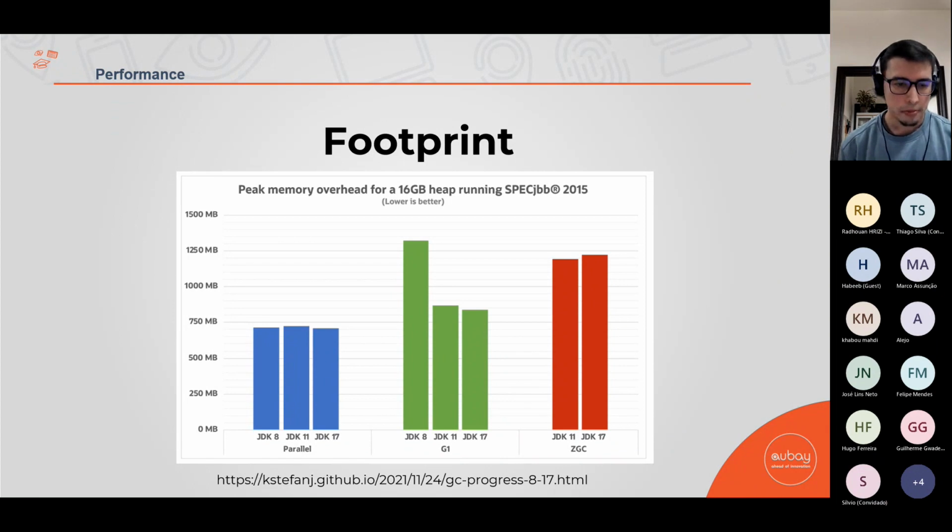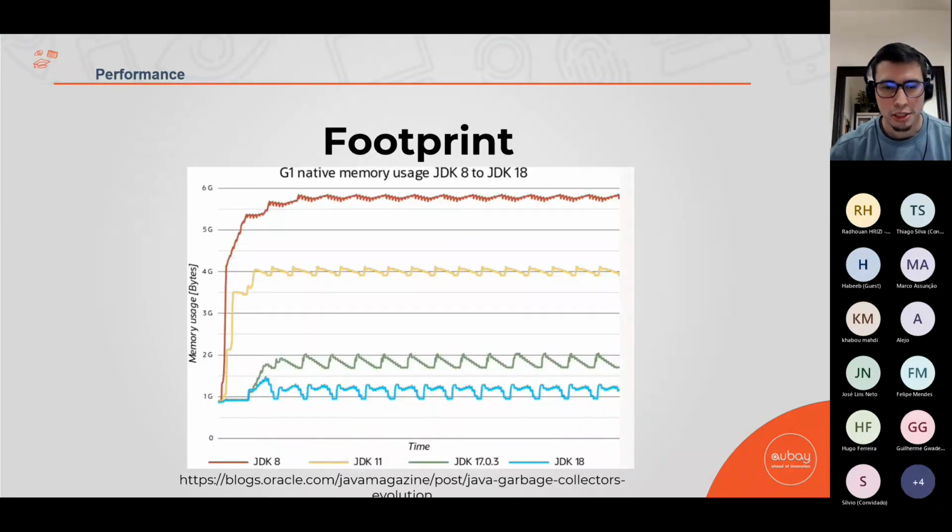But as you can see here, if you're using Java 17, you have a small improvement if you compare with JDK 8. Okay, so yeah, it's not a huge thing, but you have a small change. But if you are using the default, that is G1, you have a huge difference. As you can see here, I don't know, it's something like 4% or something like that. It's a really big difference.